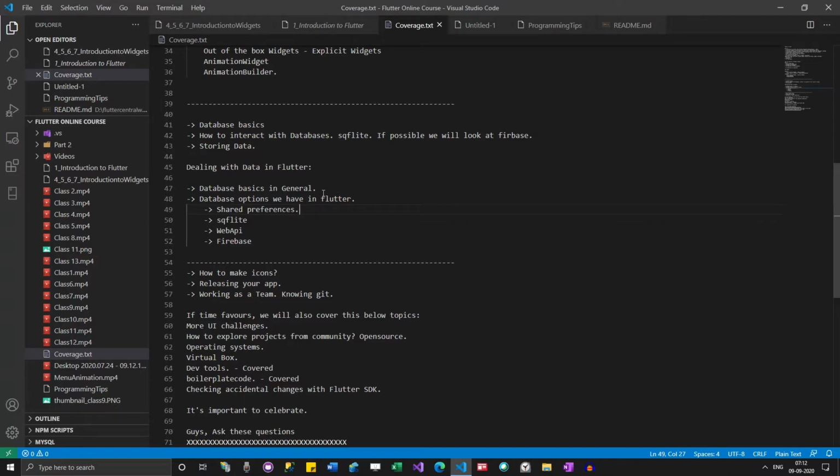So I'm going to create a simple to-do app using SQLite database. The reason I took this example is I don't want my tasks to be synced to a centralized database. I want them to stay locally, and if the app is uninstalled, they should go away. I'm not bothered about that, so I am using SQLite.